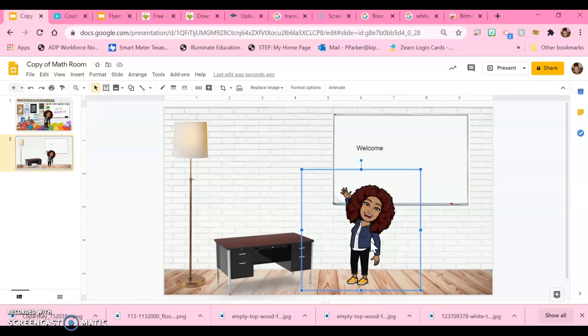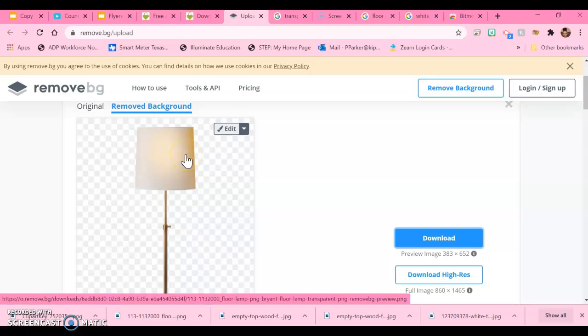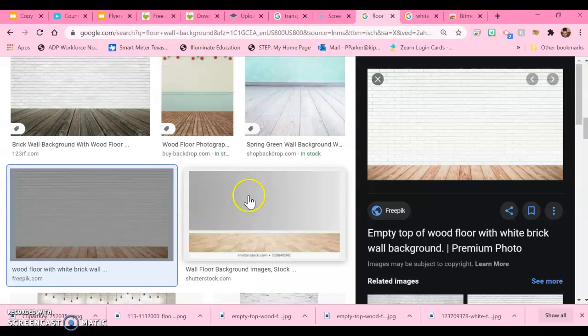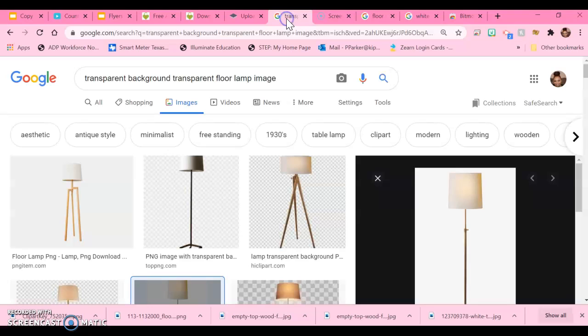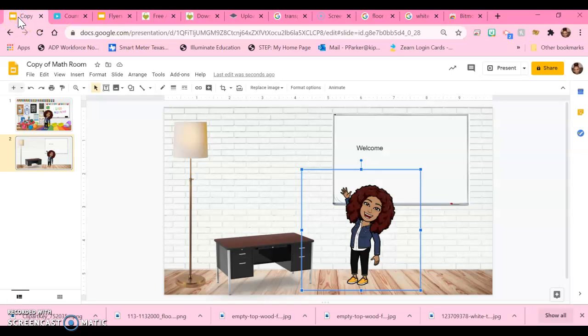Like I said, it's just tedious work. And you really want to get images that have a transparent background. So again, you can use this website. Sometimes they'll be transparent, sometimes they won't. You just have to play around with it. Or you can type in transparent backgrounds on Google, and like I said, you just have to play with it. You can also use this website, Clip Art Key, and I will add these links for you to use as well as some other